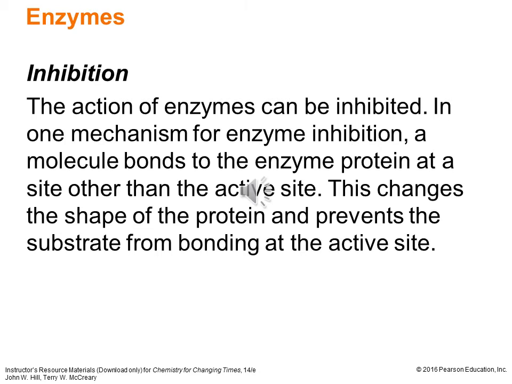So sometimes, unfortunately, enzymes get inhibited. So inhibition means that a molecule binds to the enzyme protein at some site other than the active site usually, and by binding in that allosteric site, that other site, it causes the active site to change its shape, and now it no longer accepts the desired substrate. So this sounds like a bad thing, and oftentimes it is a bad thing, but sometimes this is actually how